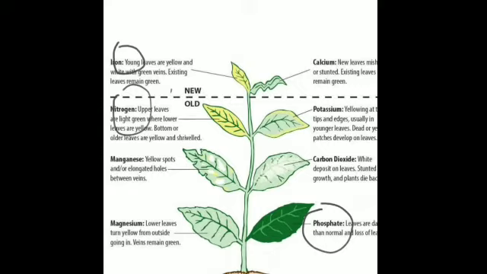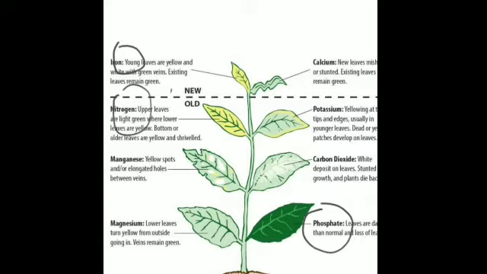Then zinc, it controls the activity of certain enzymes and is a constituent of plant hormones. So again, zinc is important for the activity of certain enzymes in the plants and is a constituent of plant hormones. What are hormones? They are the chemical messengers. Is that clear? They are the chemical messengers and they regulate various important activities of the plants. Then manganese, what is the major role? It is also a constituent of certain major enzymes present in the plant cell.